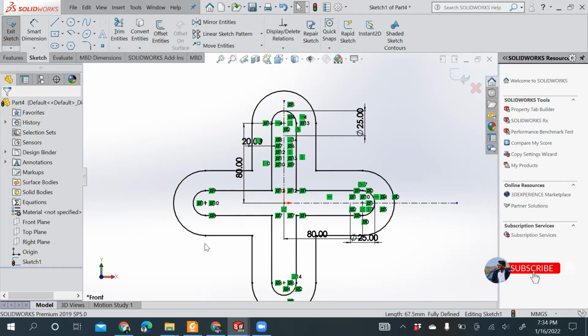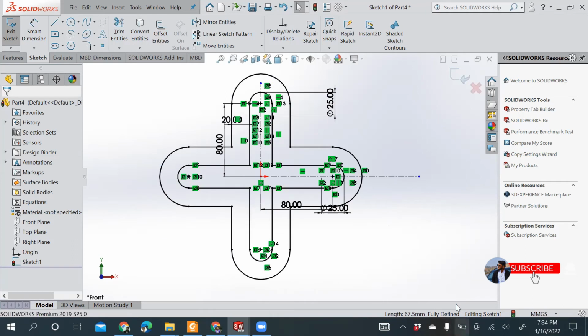Now see, also you can see that the sketch is clearly fully defined here. An interesting fact I wanted to share here is that you would never wish to leave your sketching module and move ahead to the feature module, creating a feature on this particular sketch, until and unless the sketch is fully defined. Your sketch needs to be fully defined. What happens generally is that you would exit the sketch even if your sketch is underdefined.